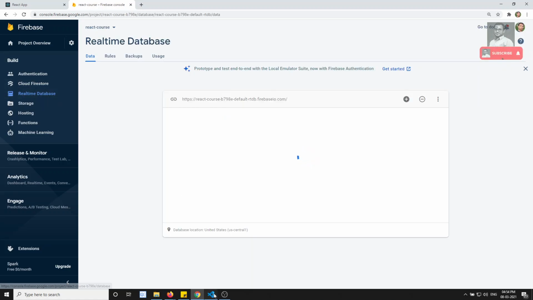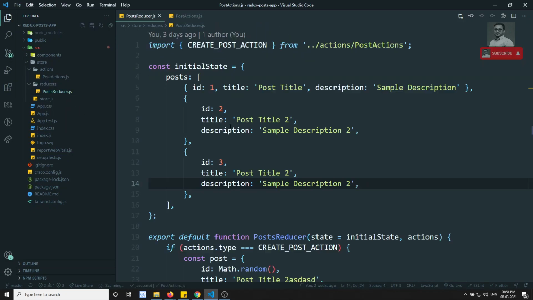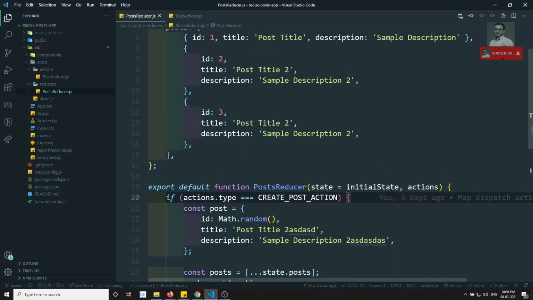Now what I will try to do here, using the middleware we will try to do the asynchronous post call. So as we already know that reducers are pure functions and we cannot call the asynchronous post call here, right? Asynchronous ajax calls we cannot do it here. So we need to use the middleware concept. So middleware can solve issues like these.